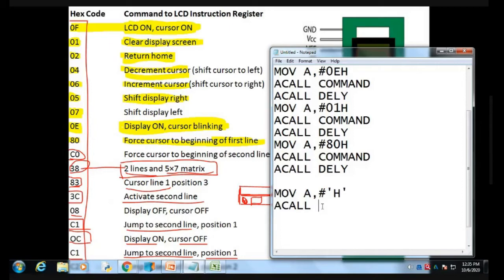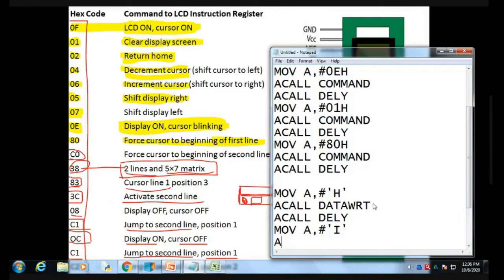So this is a write operation, so I'm going to call the data write subroutine. Then, to display that h for some time, I'm going to call a delay. The next is MOV A, #'i'.